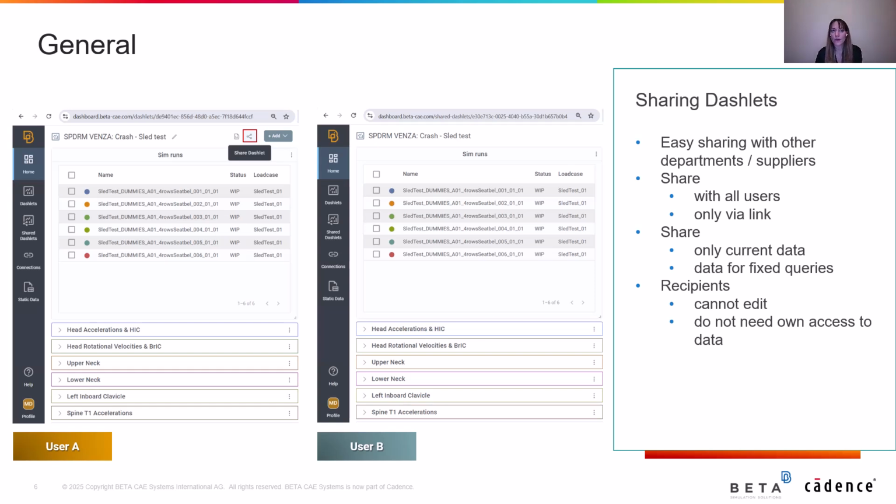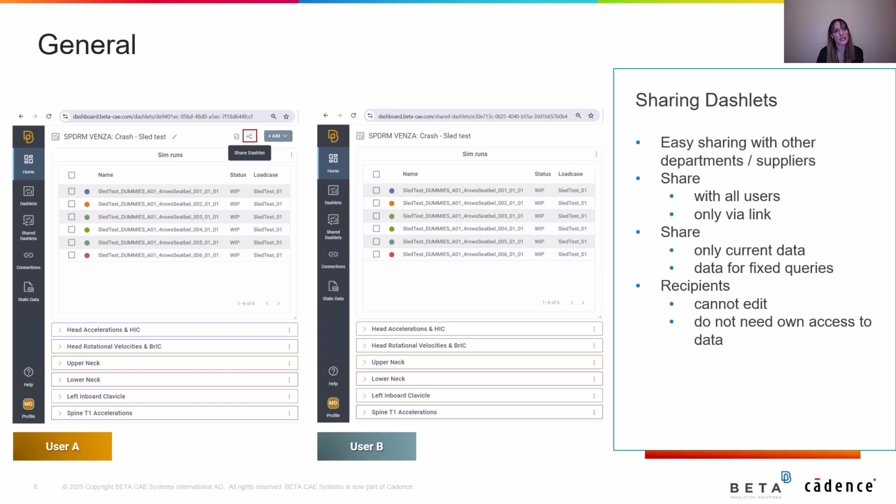They can allow recipients to view data from fixed BetaQL queries. So this option is based on having some fixed BetaQL queries to restrict to which data recipients will be able to view. So if the database is updated, new iterations are inserted, recipients will be able to see them too.